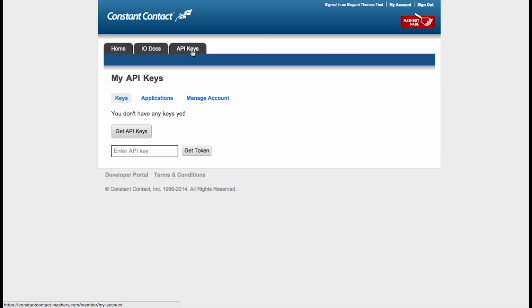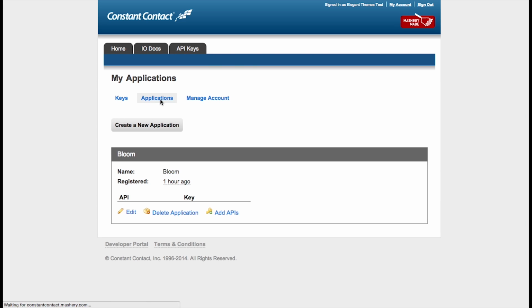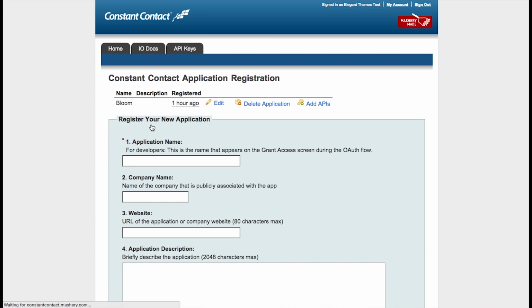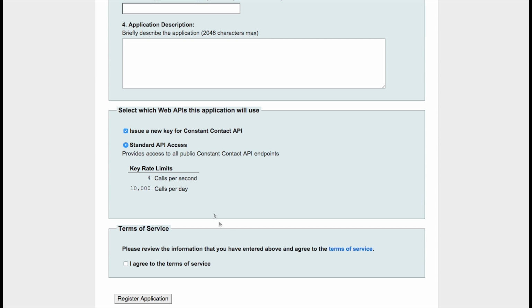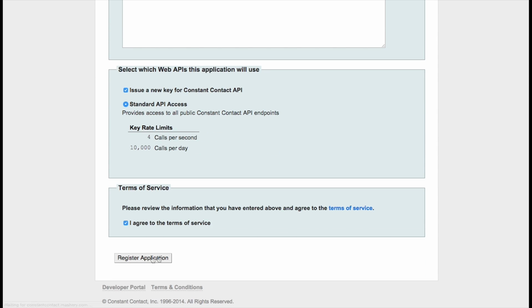So you've clicked on the API keys link, and that's brought you to this page. Next up, you're going to click the applications link, and then click the create new application button. And this is going to allow you to create a new application. All I really have to do is name it. So just name it something that you can remember it by, agree to their terms of service, and then register